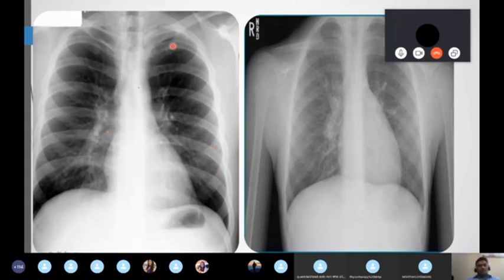Understand? So I'm going to repeat once again how to differentiate AP and PA view. Always keep in mind, in AP the scapula is always inside the lung field. In PA it will be outside the lung field. The clavicle in AP is always horizontal; in PA it will be oblique. And I told you the heart is always enlarged in AP because the ray setting makes it look very big. But in PA it will look very sharp, with well-defined borders.